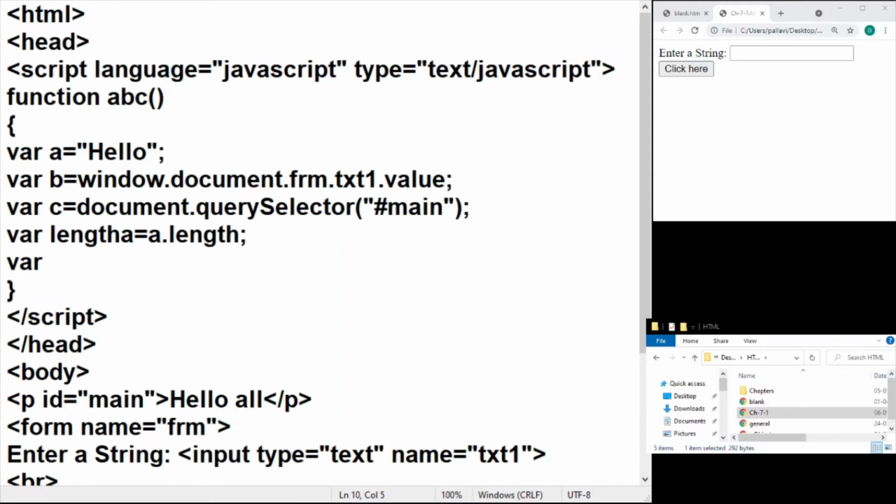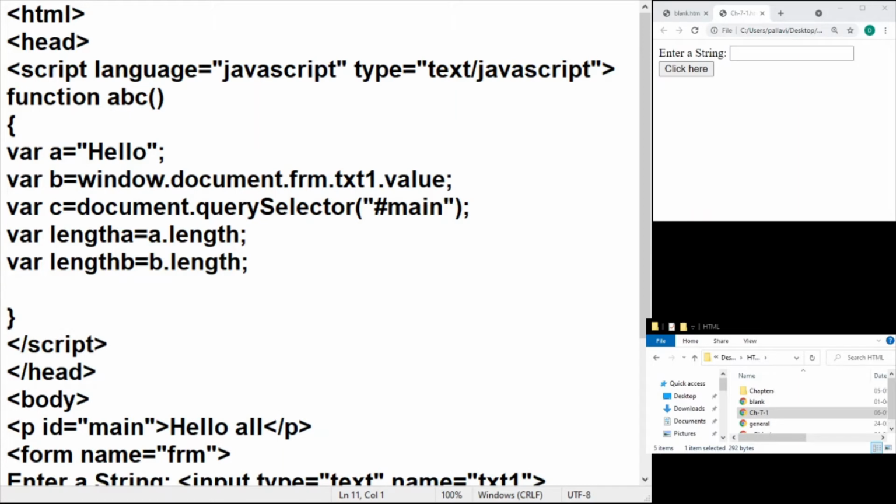Next up, I need to find the length of b. So b dot length should be containing the length of the string that was entered, possibly in the text box. If it was empty, then this should contain 0. And for the c,